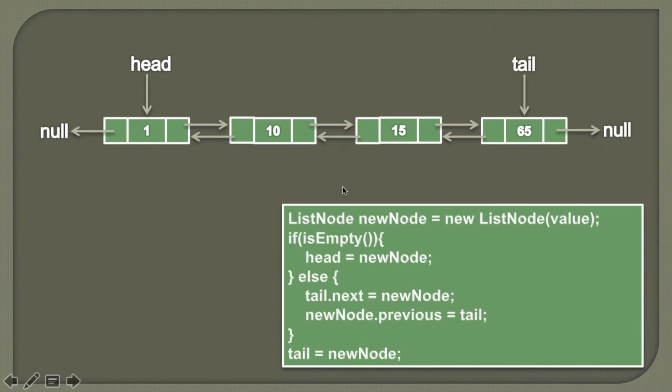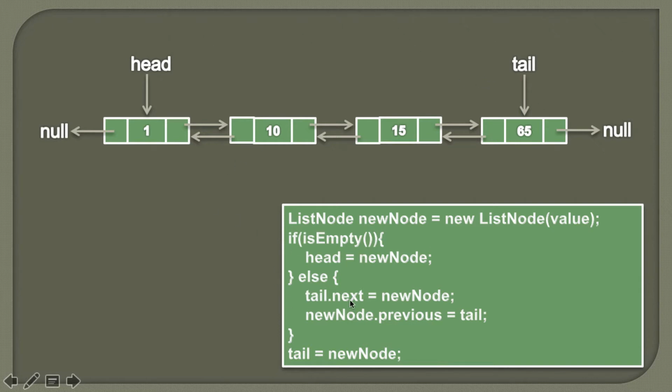So if you want to insert a node at the end of a doubly linked list, usually we do the manipulation with the tail pointer, and in that case the head pointer doesn't play much of a role. The only case in which the head pointer comes into the picture is when the list is empty. If the list is empty, then head and tail both point to null. And after we insert a node at the end of the doubly linked list, the list contains only one node, therefore the head and tail both need to point to that particular node.